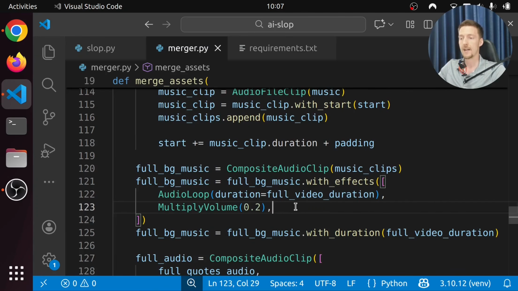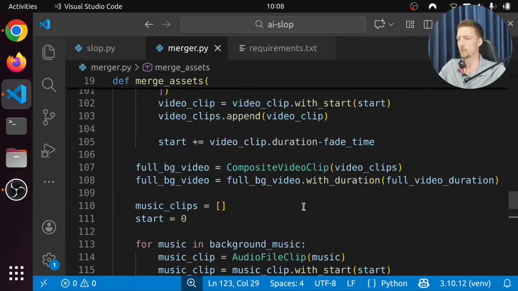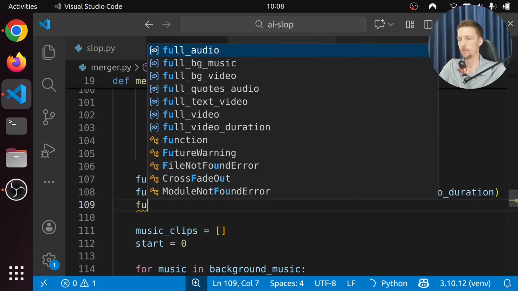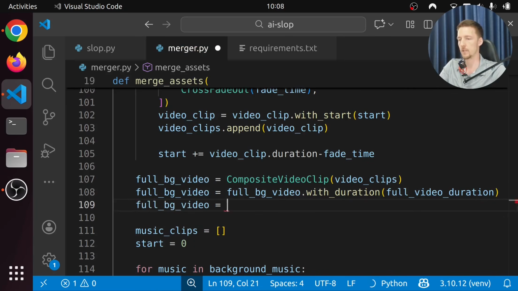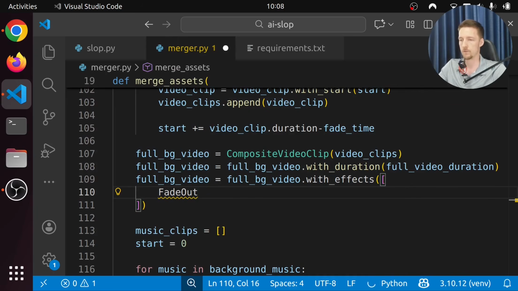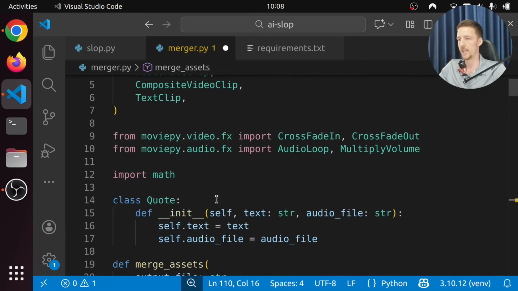And let's also add a fade out to the music and probably the video too. So we take the full background video, and let's do full BG video is full BG video with effects. And let's add here a fade out, but not cross fade out, I think, because we want to fade to black.